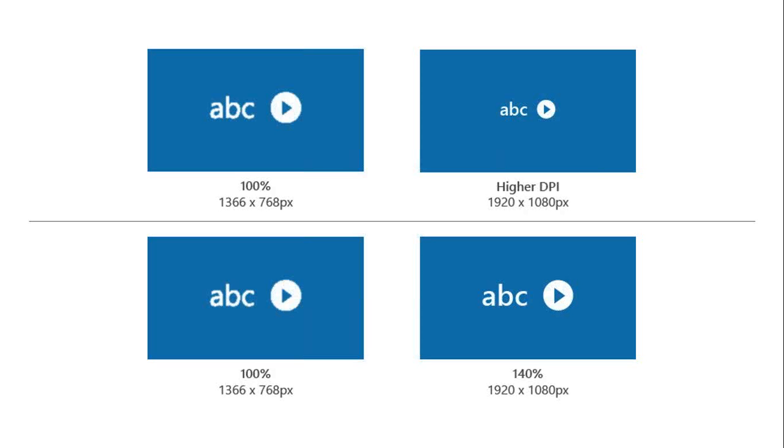However, you can see on the bottom row, on the left hand side, the same application running on 1366 by 768 pixels, and the same application running on 1920 by 1080 pixels at 140%. The only difference between these two is the quality. The left hand side, the 1366 by 768, is not that clear and not a very high DPI, and on the right hand side it is much clearer and much nicer.